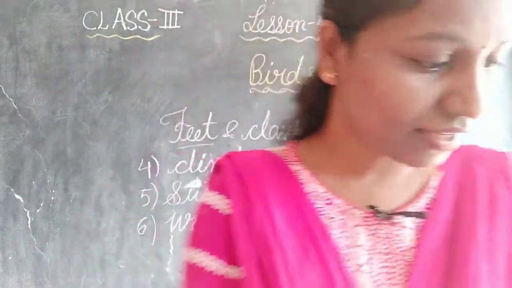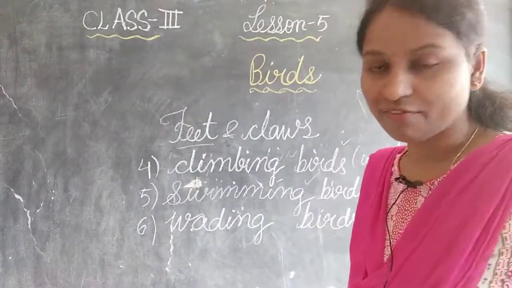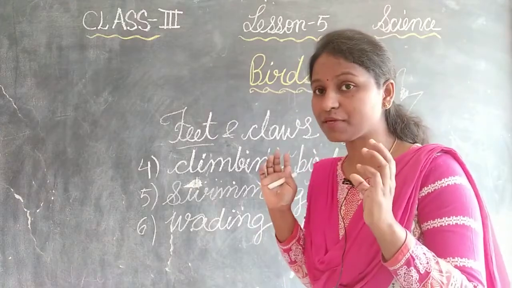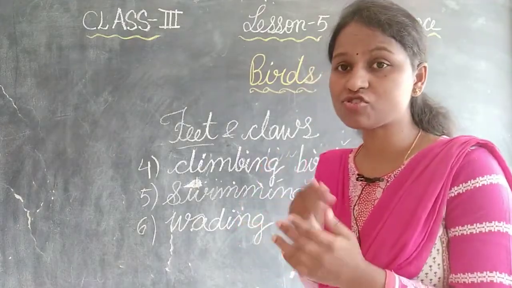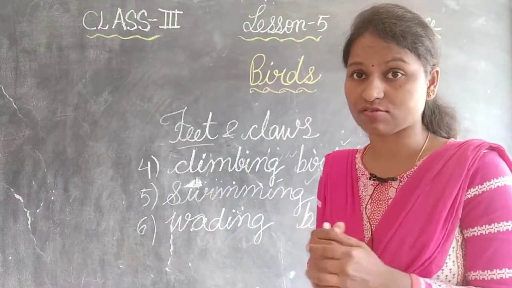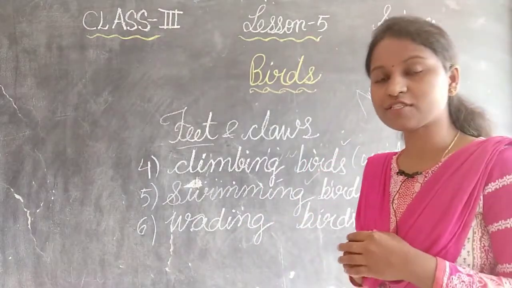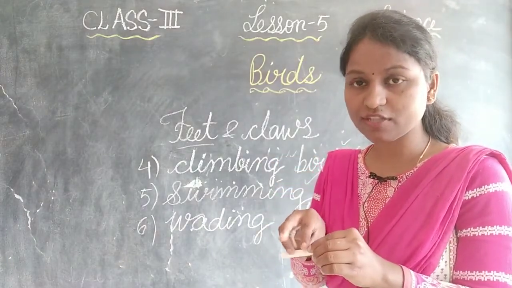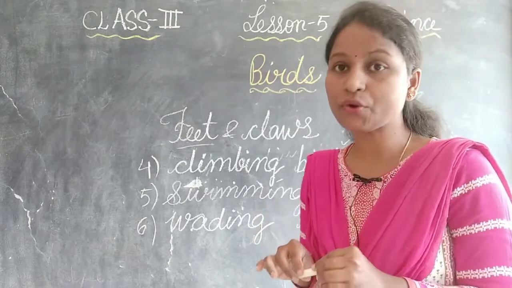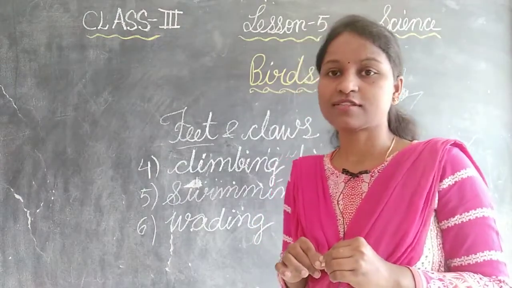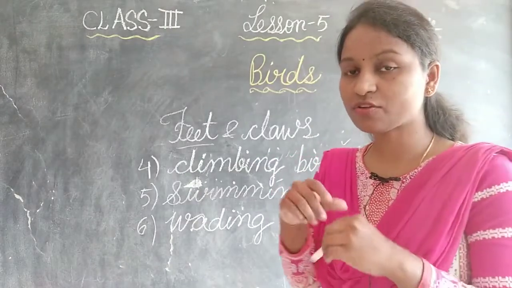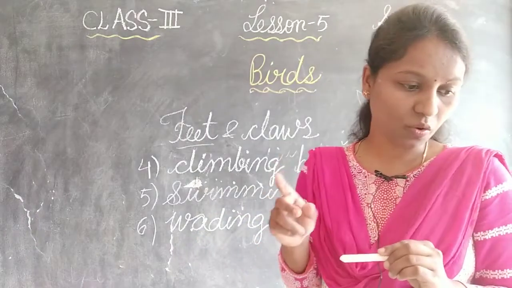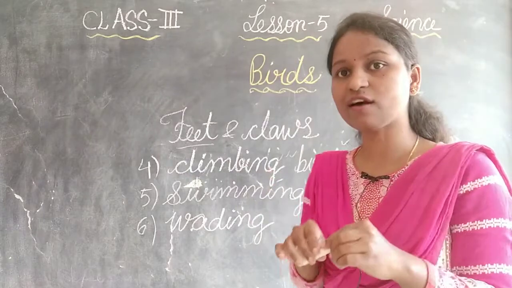So to recap, the first one was what, children? Flesh eating birds. They are birds of prey and have very strong, sharp and curved claws. Next is perching birds, which help them stand on a branch, with 3 toes at the front and 2 toes at the back, like the crow. Next is scratching birds like the hen. They go onto the ground and search and dig with the help of what, children? The toes, 3 toes in the front and 1 toe at the back.